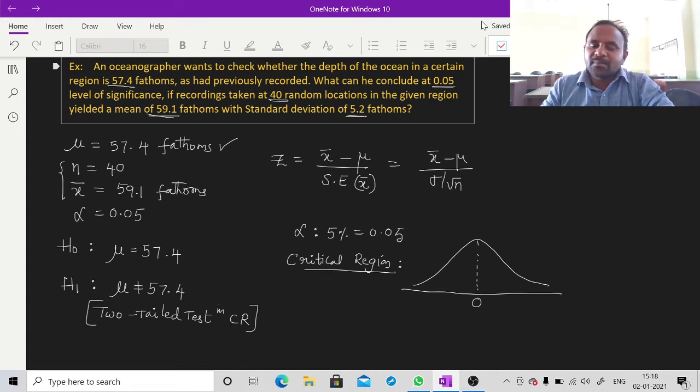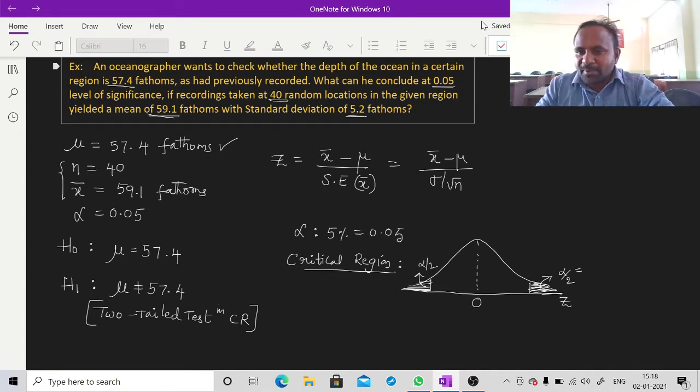the mean of this standard normal variable z. You have to take the two-tailed test, which means your critical region will be placed in the two tails of this distribution. This is the right tail, where you will find half of your level of significance. The other tail also will contain the critical region, with the other half of the level of significance. So this is your 5%, so alpha by 2 will be 0.025, and there also 0.025 is the alpha value. This shaded part is known as the critical region.